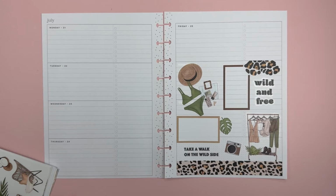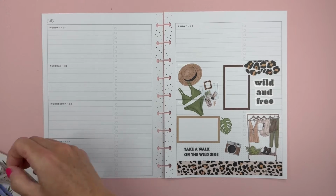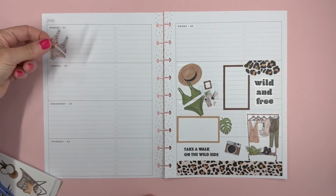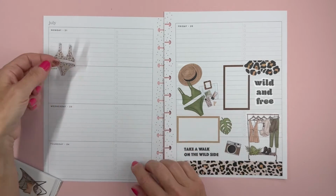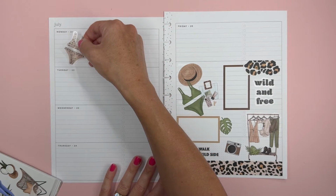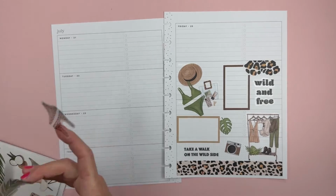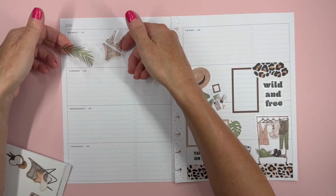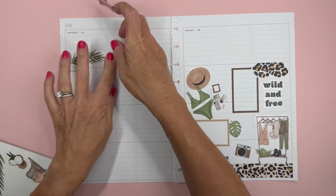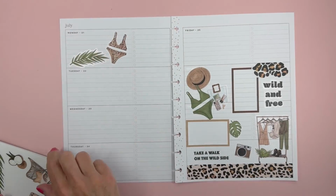Let's use, we have another bikini, and I feel like if I'm going to put it on the page, it either needs to be up here or down here. And I'm kind of feeling up here, and we're going to orient it this way just so that it doesn't look exactly the same as that one. But we need a little bit of green over here. So let's take this leaf. And I'm going to put the leaf down here, and we'll put this bathing suit there,